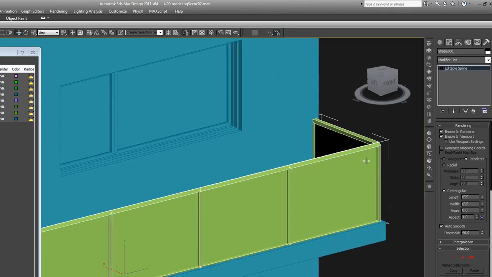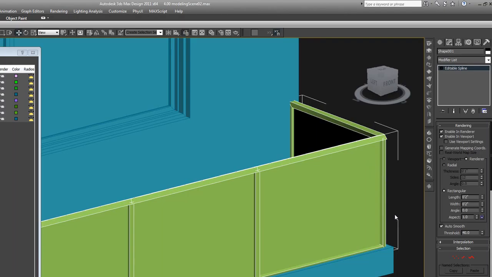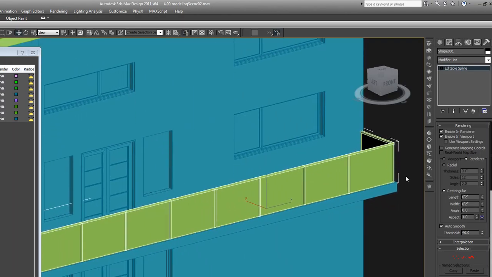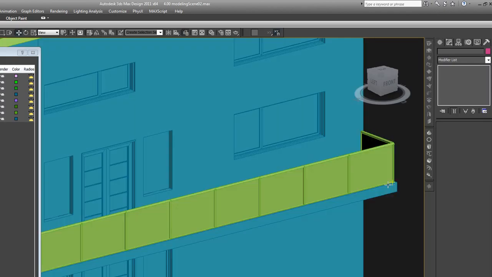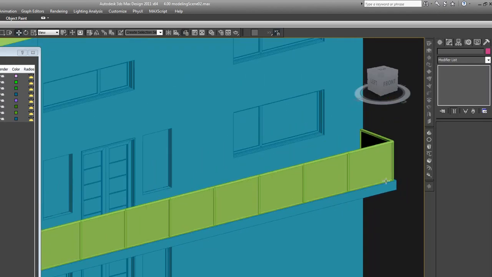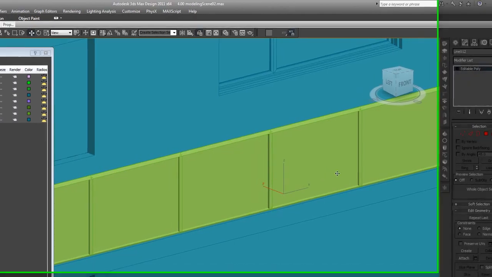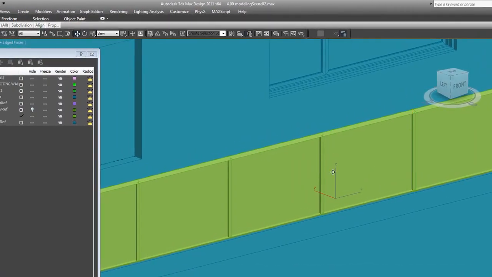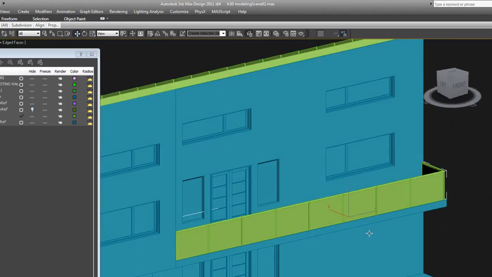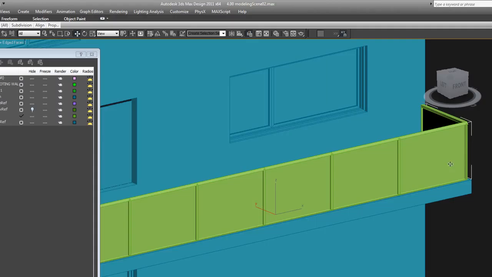It looks like it got a little twisted on there, so this isn't exactly right, but you can get the idea here. So now this could be like a top mounted railing, and these middle panels could be glass, surrounded by these posts and a top railing, a handrail on the top. Or you could just